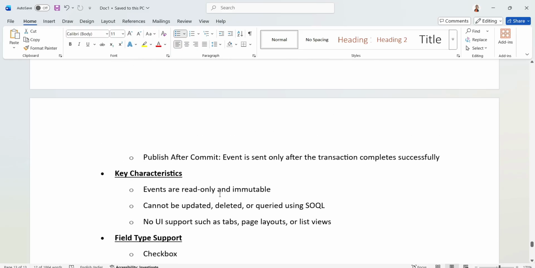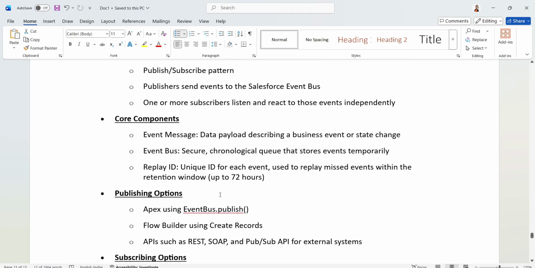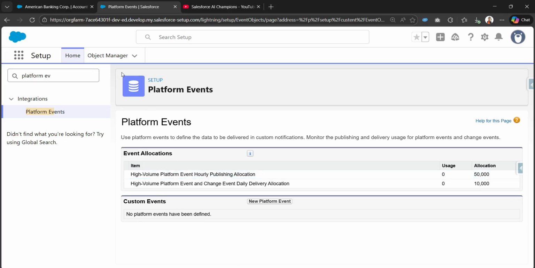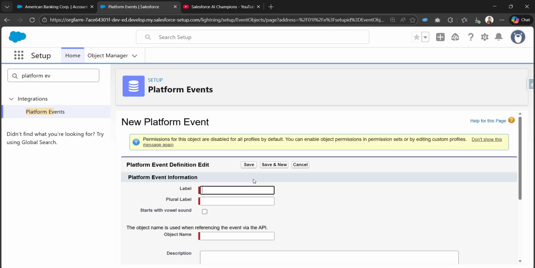So these are more or less an overview of the platform events in Salesforce. Let me go to the Salesforce org and create a platform event from scratch. From the Quick Find, we can search for platform events, and under the Integration section we can find Platform Events. I'll click on the New button so that we can create a new platform